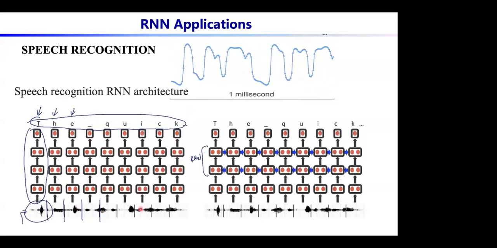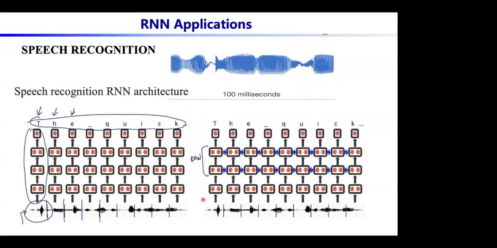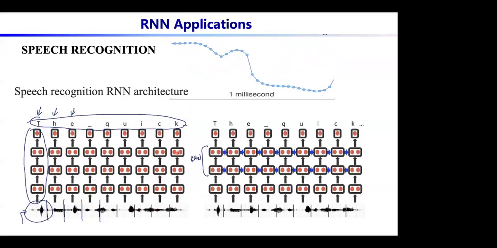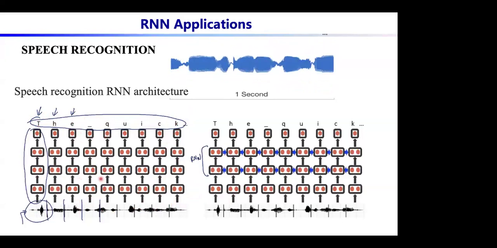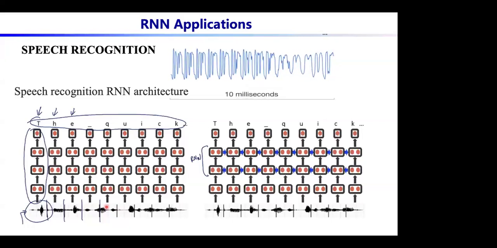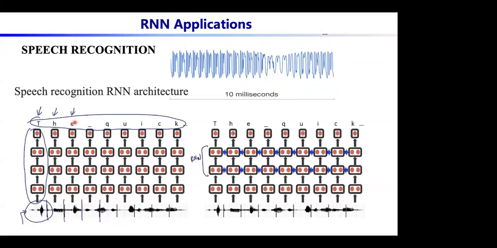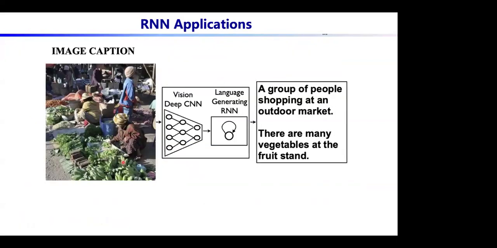So that's why you can use this kind of many to many network, because it makes it simpler. You don't have to have a very long, very wide network. But you do need multiple layers, because we know that different people may have different accents. So that's why you need this kind of very deep network in order to be able to understand the speech. So this kind of process.